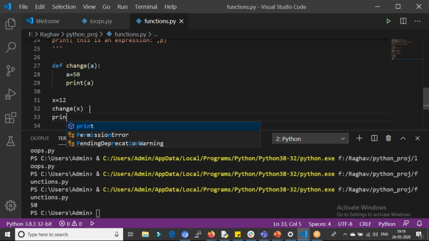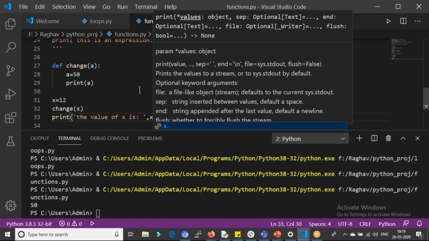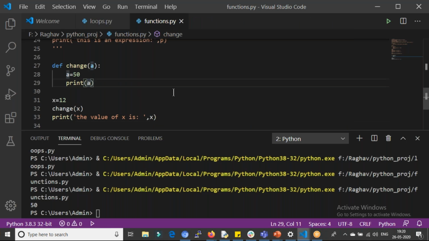But now if I say print the value of x is, and I'll print x over here. Let's say value inside function.